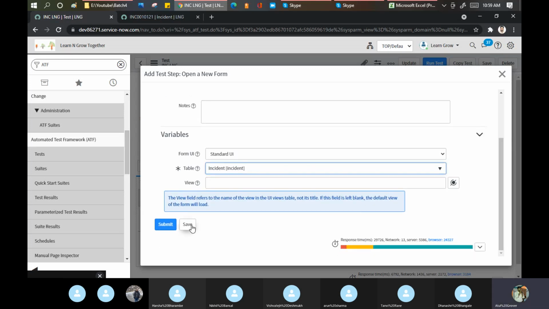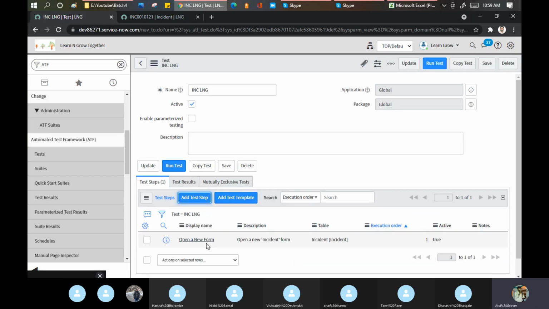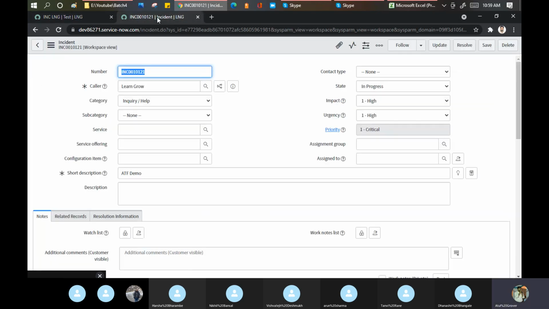I open. Done. Means in this step, I am just opening an incident form. After that, I put the caller and the short description. Why? Because these two are mandatory for me to save any incident record. Yes or no?